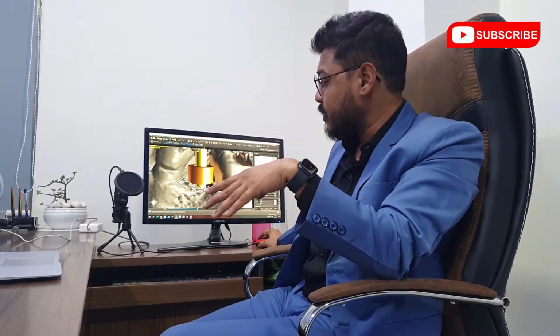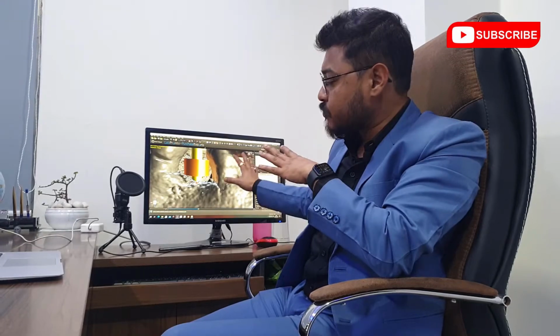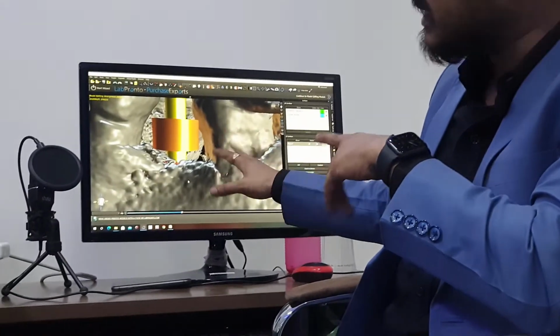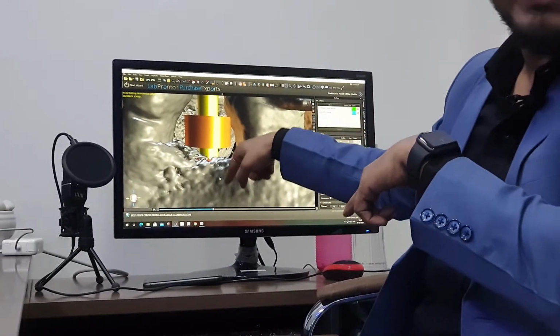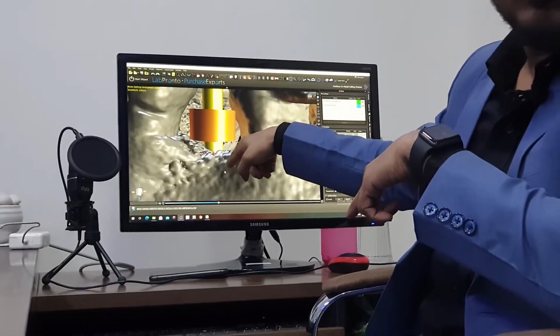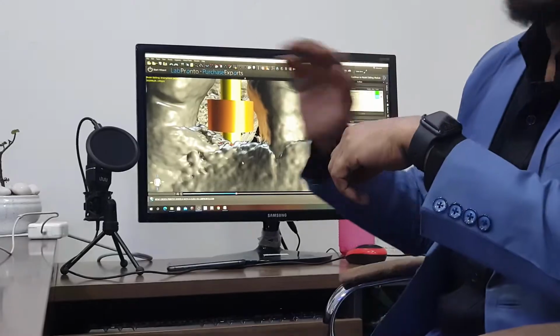After having all the scans, the second thing is to verify the guide tube in the software. While I'm planning the treatment, I consider this guide tube as my metal cylinder. If my metal cylinder is interacting with the bone, that means we will need to reduce or trim the bone to make the guide stabilize properly.